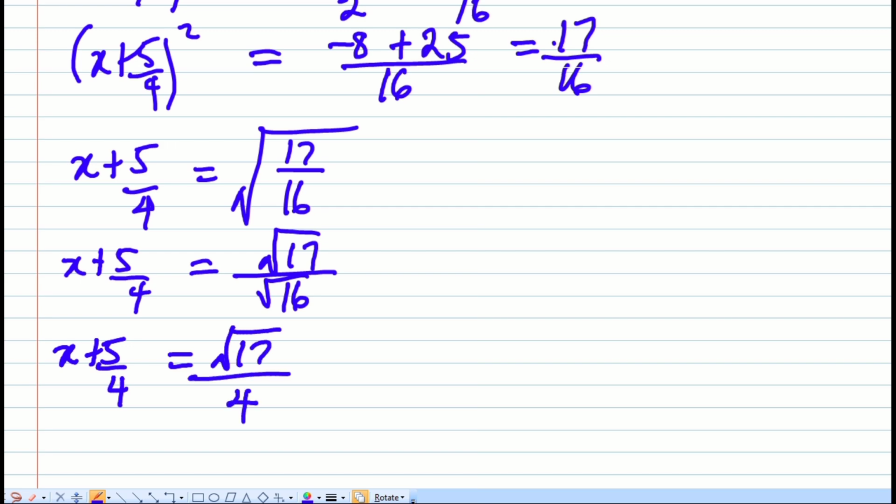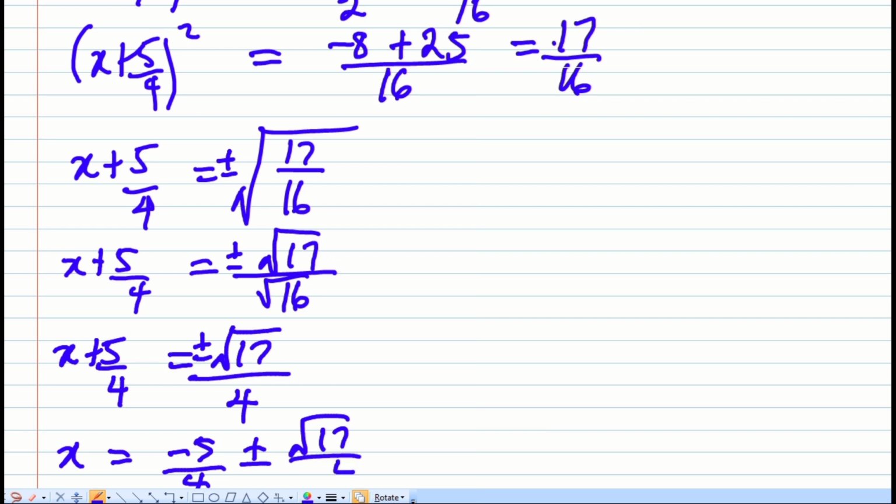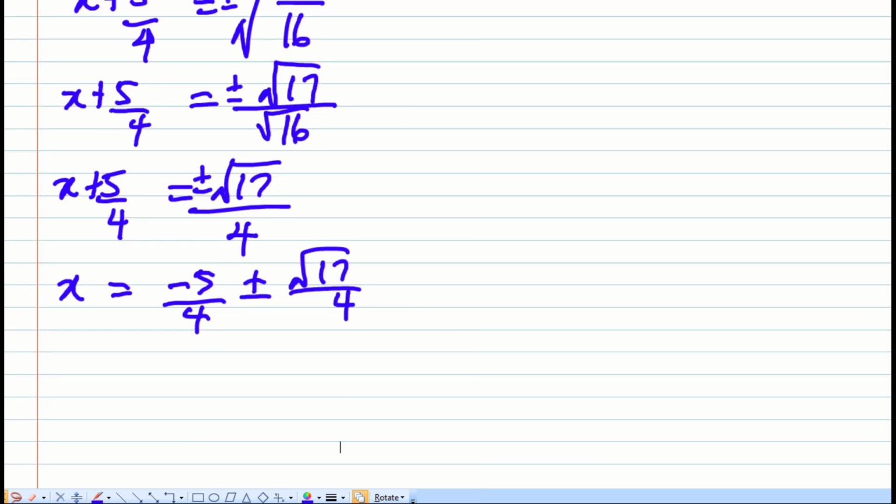So finally now, and don't forget, you need to take plus or minus for the square root, all right? So I'm going to put it there because we are going to have two values for x. Then moving 5 over 4 to the other side, it becomes negative 5 over 4, so we have x is equal to negative 5 over 4 plus or minus root 17 over 4. So let me just finalize my